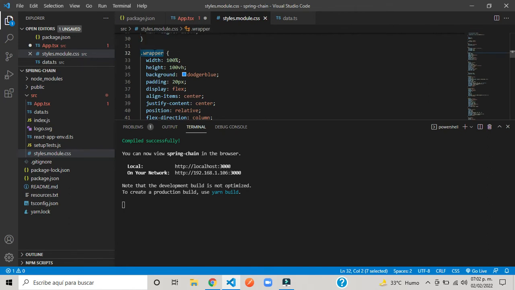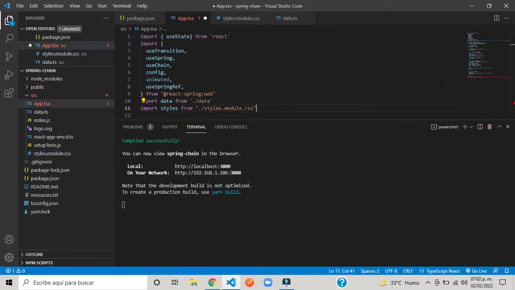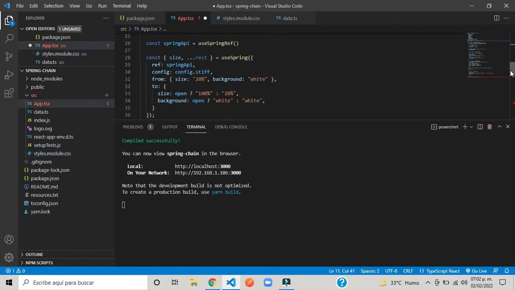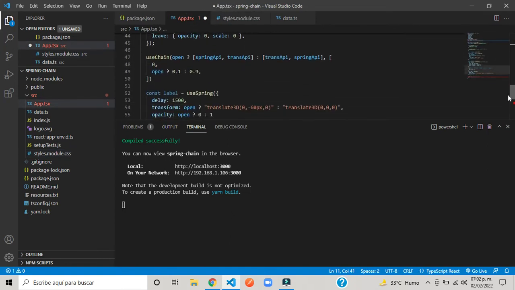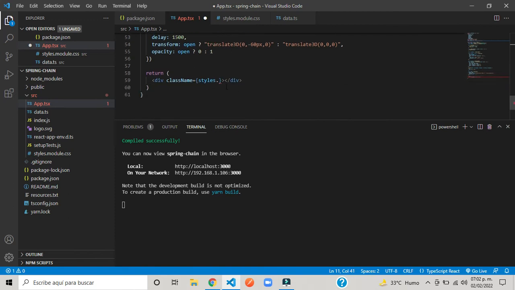So I'm gonna copy wrapper and I'm gonna paste it there. I'm just showing you this time, but next time I'm just gonna do dot and whatever. This time I'm just showing you so you understand where the styles are coming from. Okay, so styles dot wrapper,